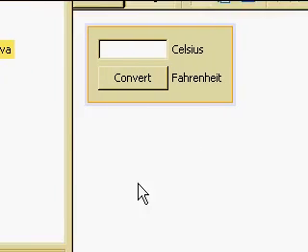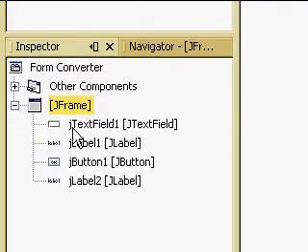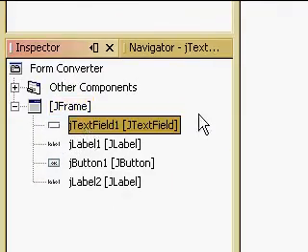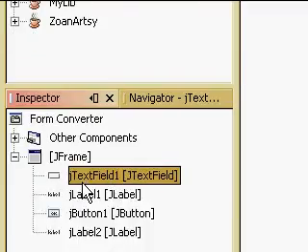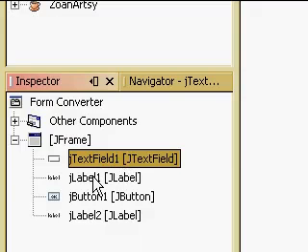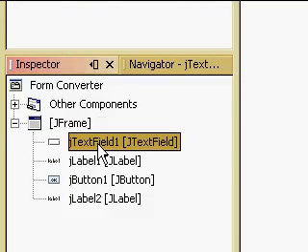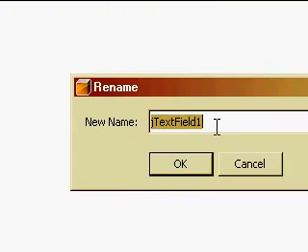The next thing we're going to do is go back to your inspector, and as you can see, when you click on JTextField and it highlights the text field, it says jTextField1. These are the variable names within the source that you'll be messing with. Let's change this so we can have something a little bit easier to remember. So let's rename this to